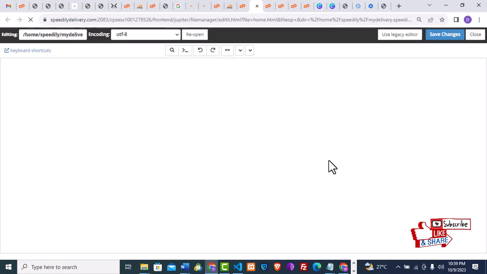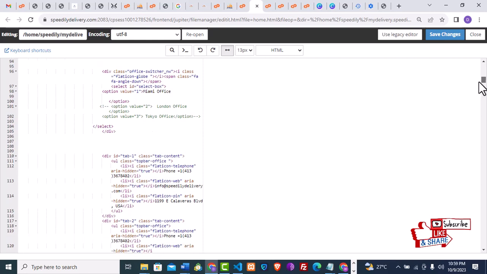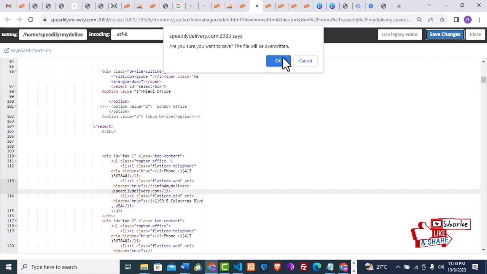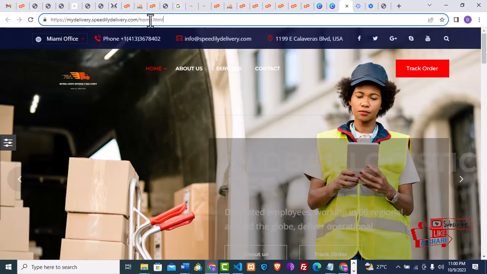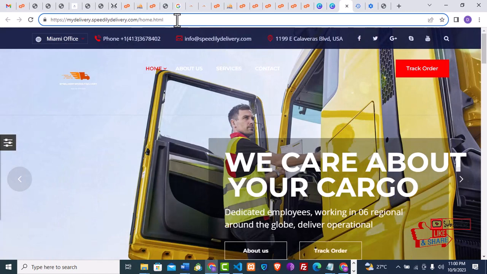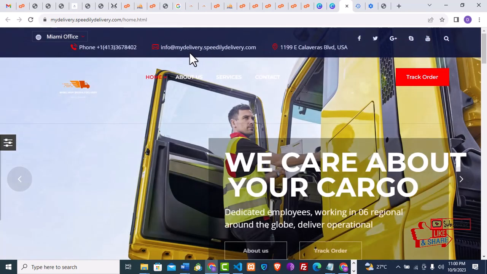And then I will scroll down to where the email address is. And here I'm going to put my delivery.speedily delivery. So I'll go ahead and click on save. If I want to change the address, I can also change the address here and then the phone number to any phone number I want. So I'll go to my website and refresh to see if the changes have been made. So we have our changes now,